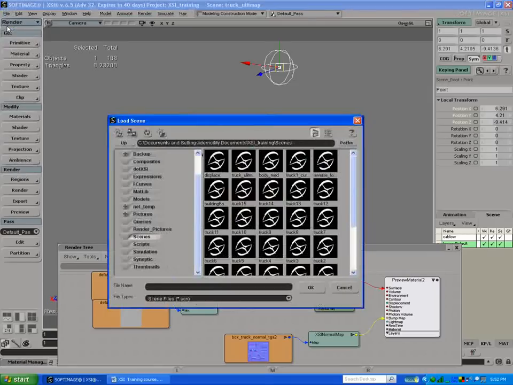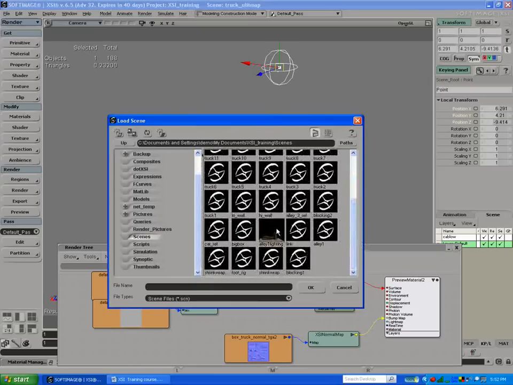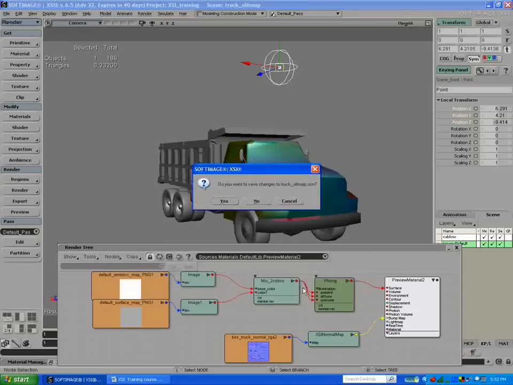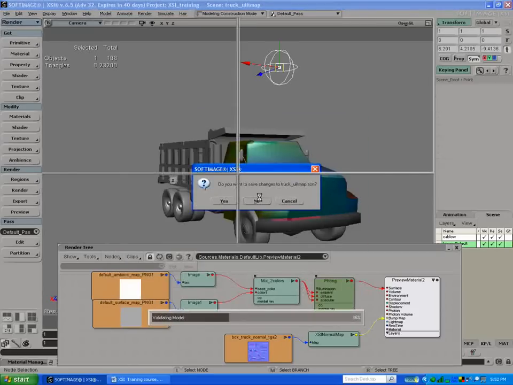So let me open up one of my basic scenes, and here's a little alley scene with a little bit of lighting in. This again is not particularly interesting, but it's just something we can